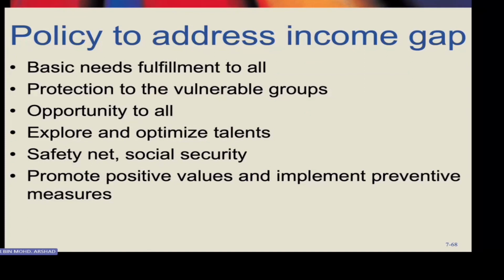Let me make a big conclusion for these two chapters. So far, chapter 7 and chapter 9 are about income inequality. And I mentioned in the first session, be careful between these two, equality and equity. Equality of income is not similar to equitable income or equity in income. In Islamic economics, the goal of distribution is to achieve equitable distribution of income, not equal distribution. If you say Islamic economics wants to achieve equal distribution, you are very wrong. Equal is communism. So now, what policy can be done